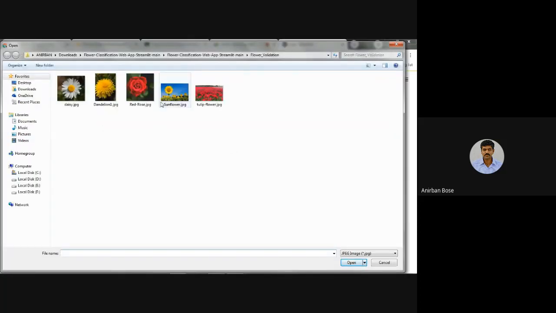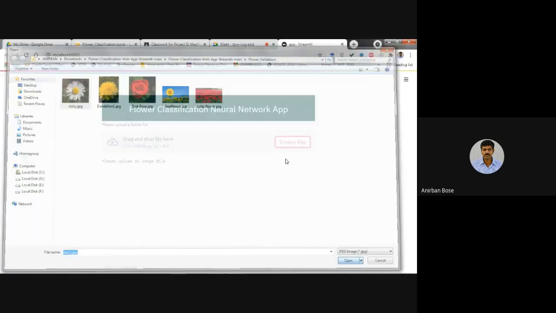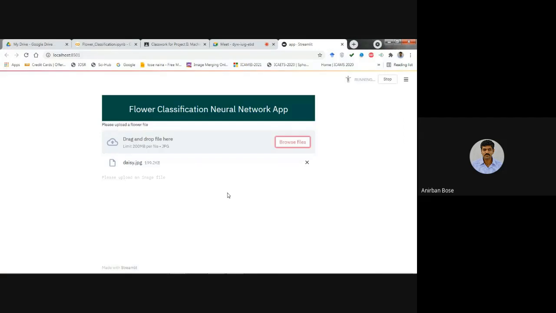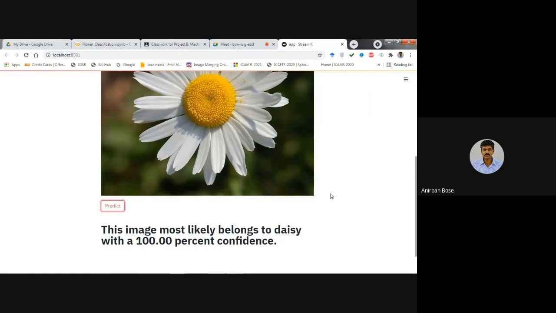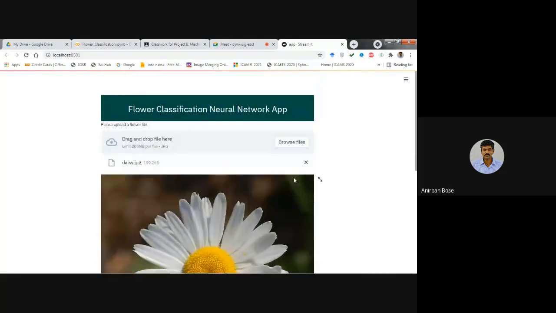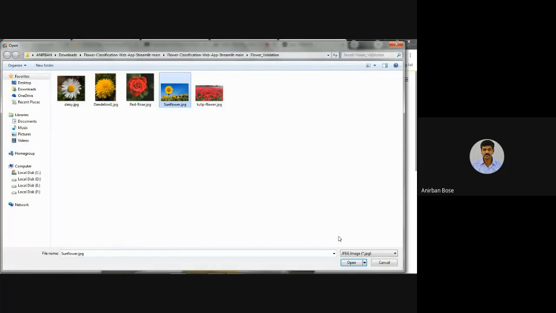So now if we want to predict this one, the daisy flower, it's 100% confident. Let's take the sunflower.